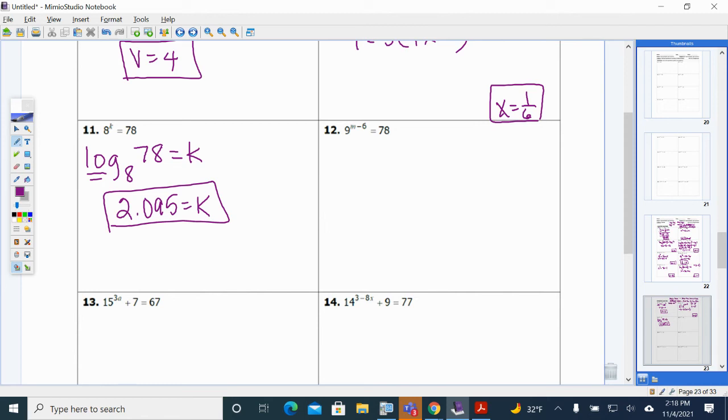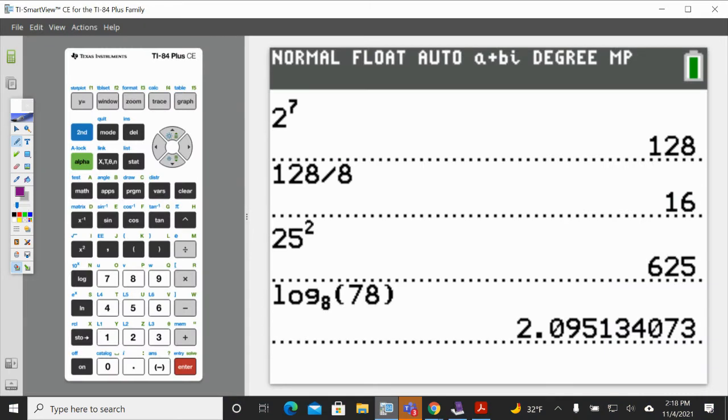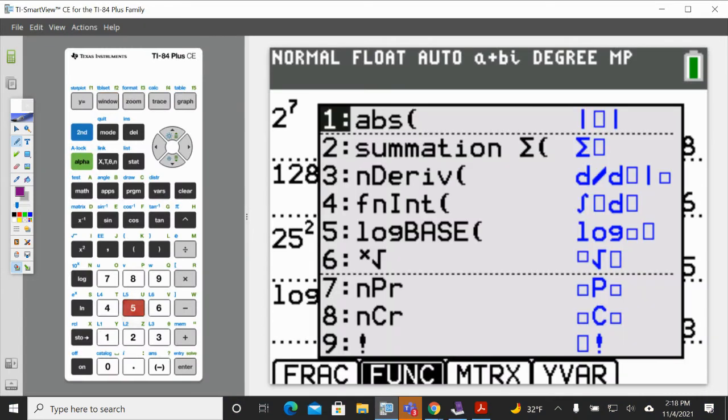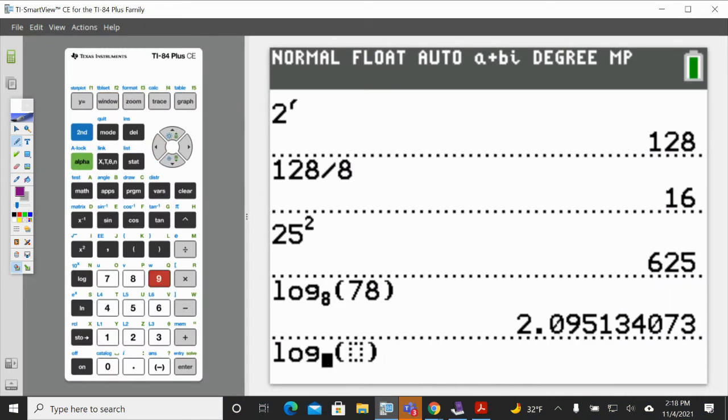The next one, 9 to the n minus 6 is equal to 78. Again, there's no way to make these the same base. We're going to rewrite it in log form. So log base 9 of 78 equals m minus 6. Log base 9 of 78 gives me